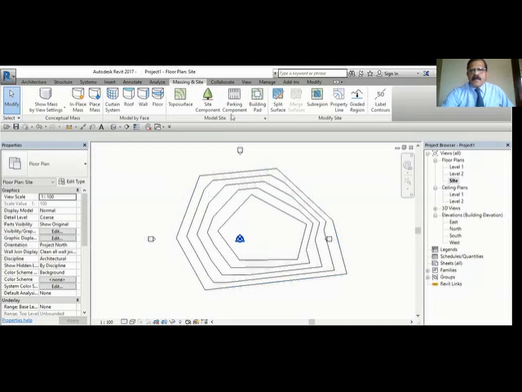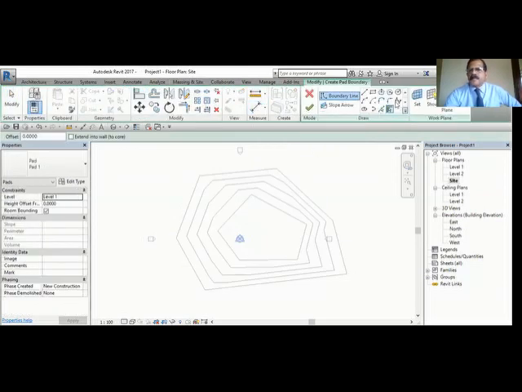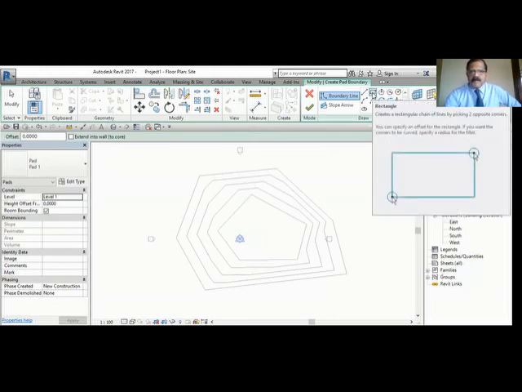Now we want to create a building pad. So what is a building pad? Well, a building pad is nothing but a flat area where you are going to have your building construction. So this full slope is coming from here to here, but you may require a flat surface where you want to construct your building. So that's why this building pad is coming. Click this building pad and let us create a building pad there.